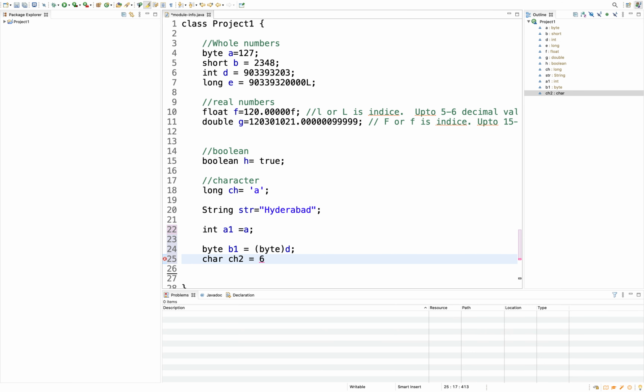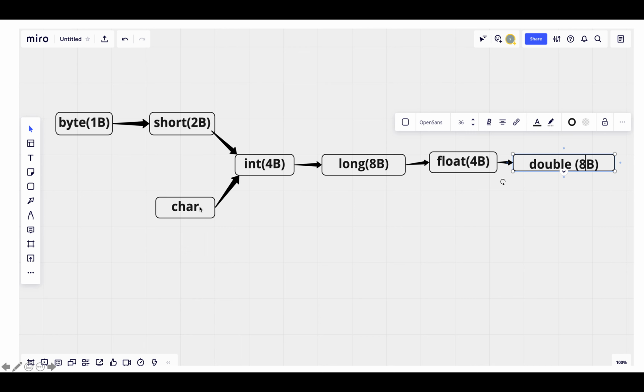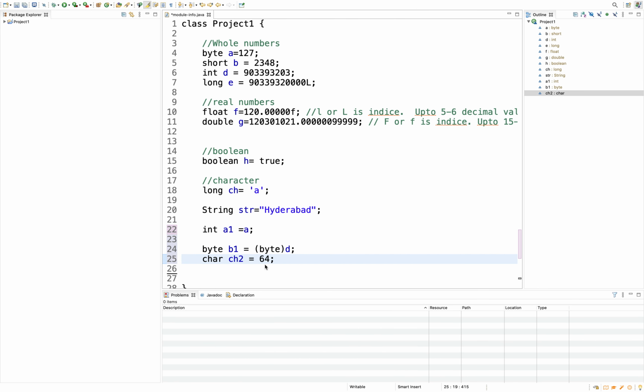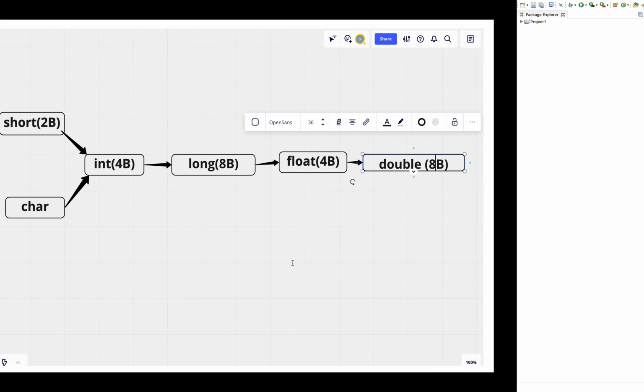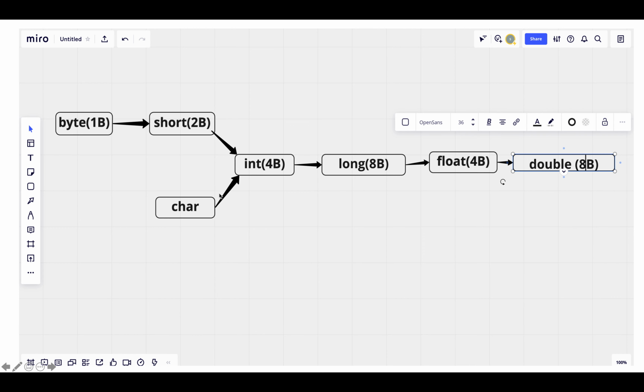As per the diagram, as this data type's capacity is only 2 bytes, the value can be held in an integer type variable, and the typecasting happens implicitly. The vice versa case, you should do an explicit typecasting. So you need to apply the same formula.